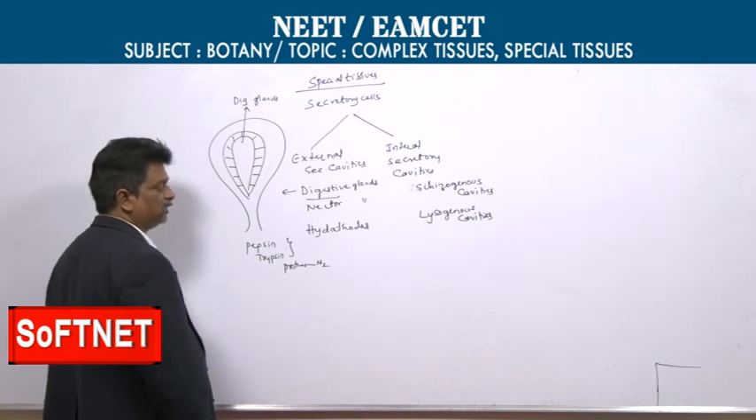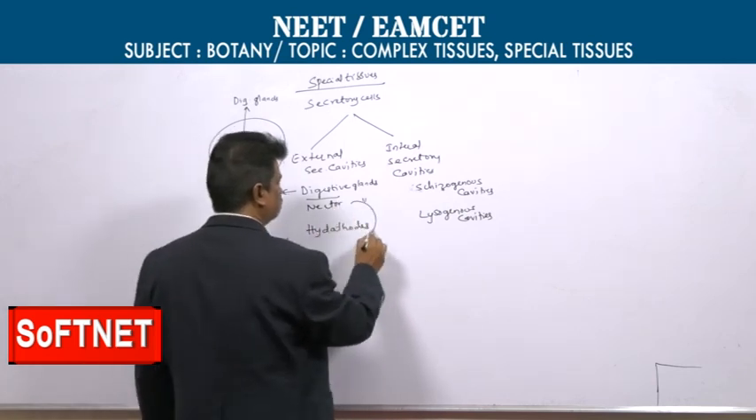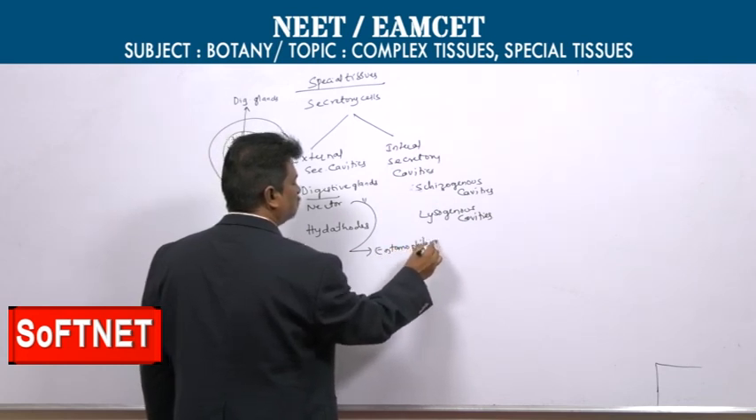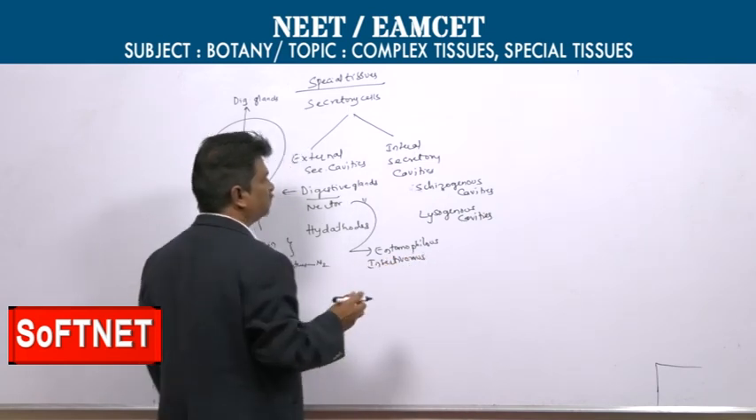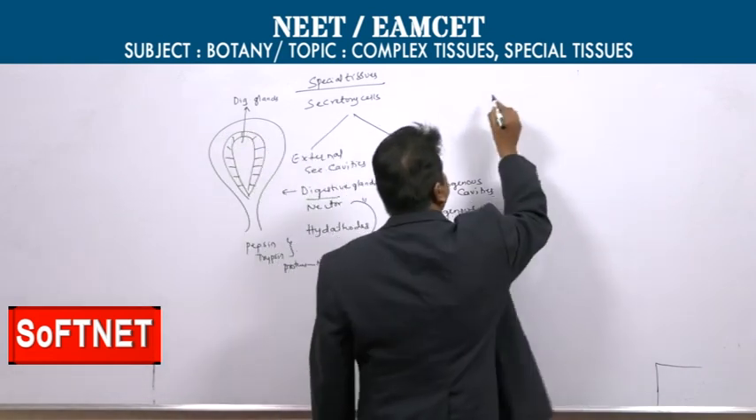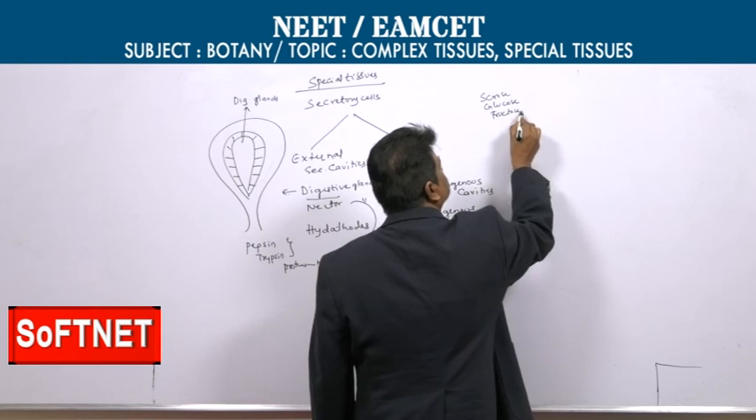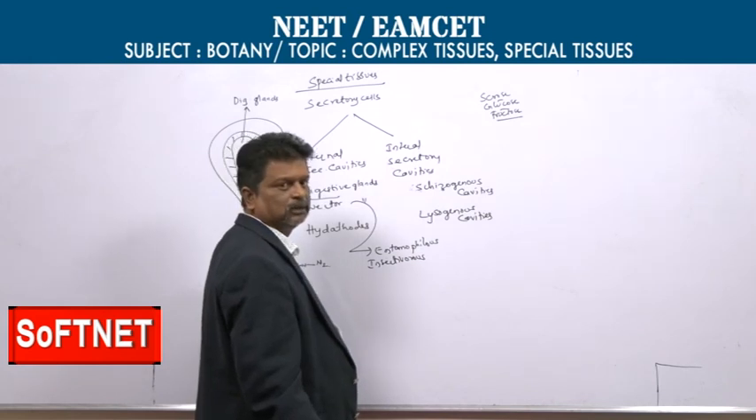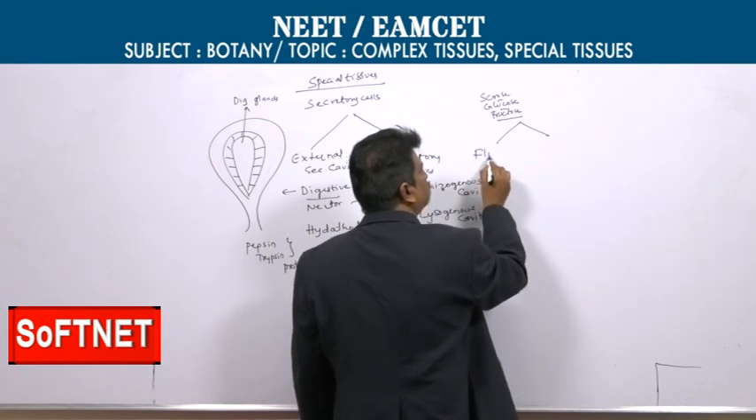Second one, nectar glands. Nectar glands are a characteristic feature of entomophilous plants or insectivorous plants. This nectar is commonly made up of sucrose, glucose or fructose. By this nectar, plants attract insects. This nectar is of two types. If nectar present on